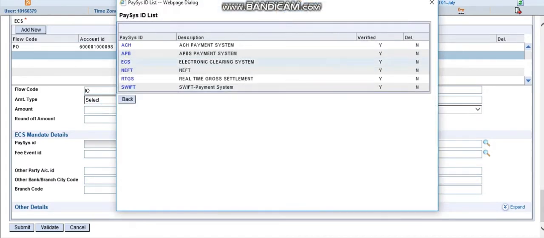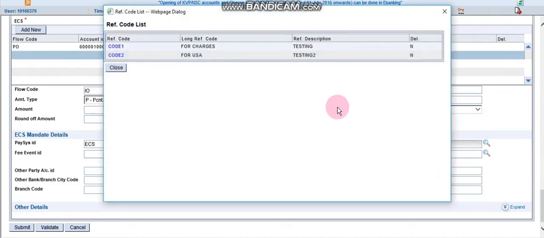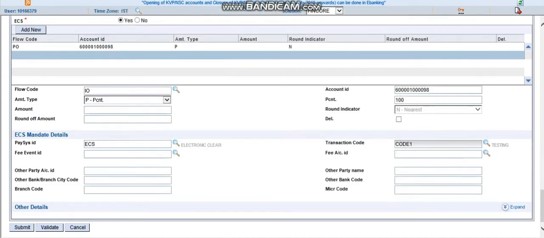Again, choose pay sys ID as ECS. Basis ID as ECS, set the percentage as 100%. Now click on this lens and choose code 1. Now enter the account details. Bank account number, MICR code,